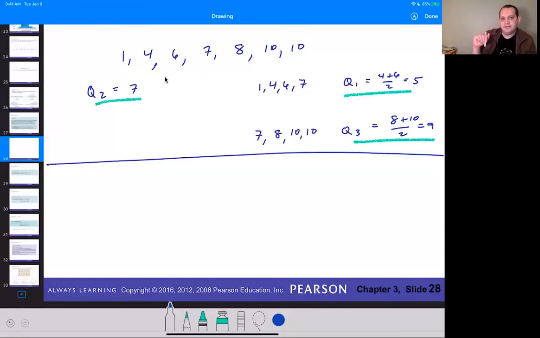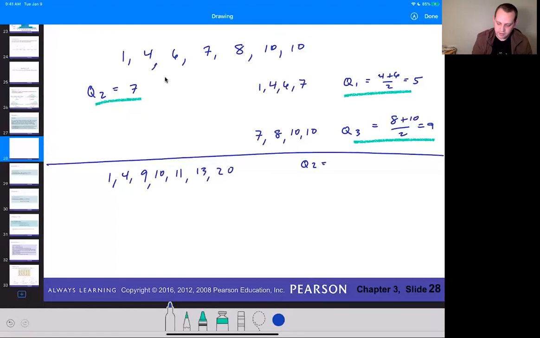Now, on the other hand, let's say we have an even number of data points. So let's say we have 1, 4, 9, 10, 11, 13, and 20. Okay, so here's a new data set, and I want to compute Q1, Q2, and Q3. Q2 is just the median, and that's easy because we have,